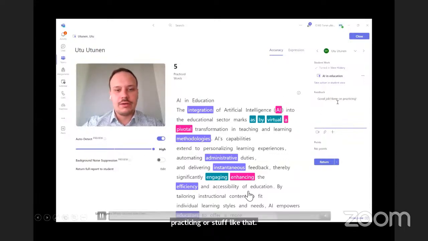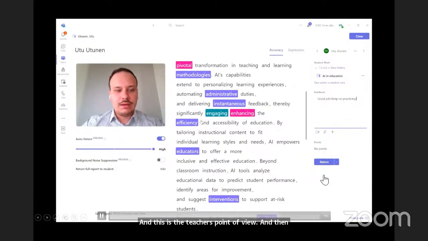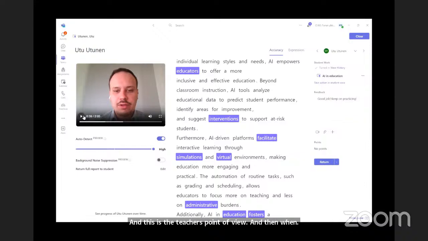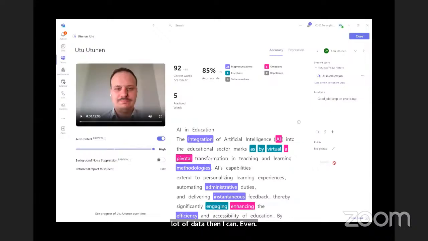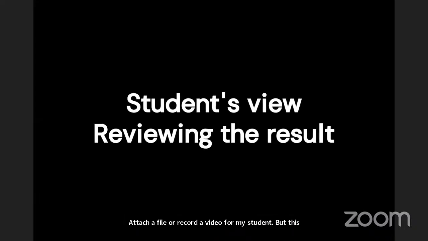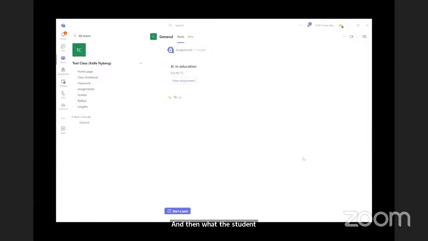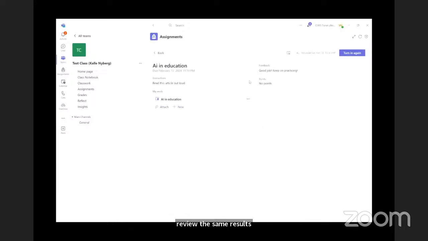And this is the teacher's point of view. I'm still showing that this gives me a lot of data. Then I can even attach a file or record a video for my student, but this time I only wanted to return it. And then what the students get is to review the same results as the teacher got, and all the data, of course, the feedback, good job, keep on practicing, and then